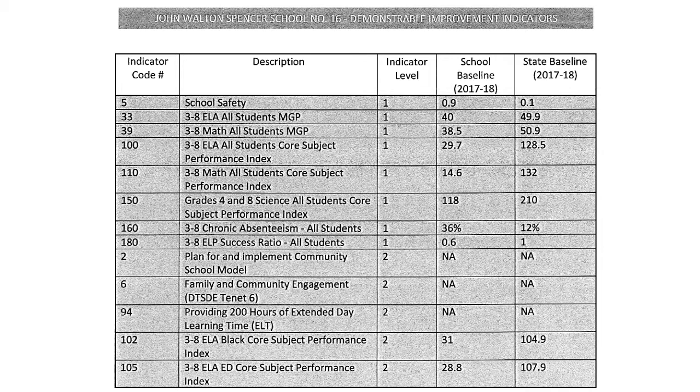And then the last one is grades 3 through 8 ELA, ED, for economically disadvantaged, subject performance index. So those are a total of 13 demonstrable improvement indicators that we are considering to focus on for the tenure